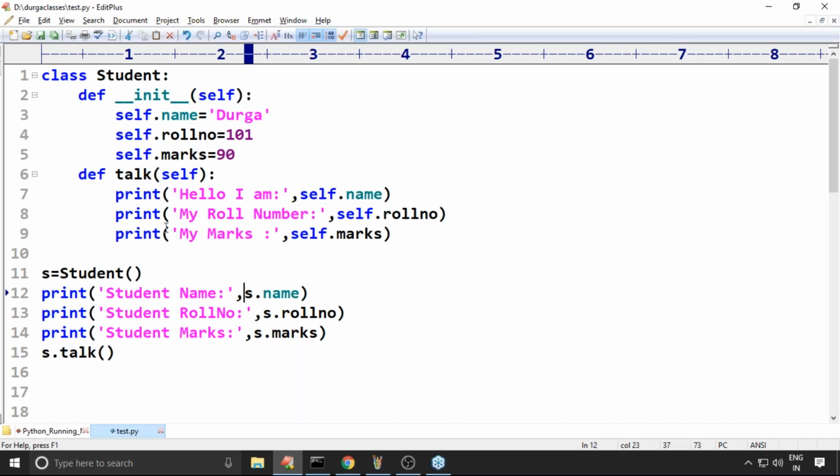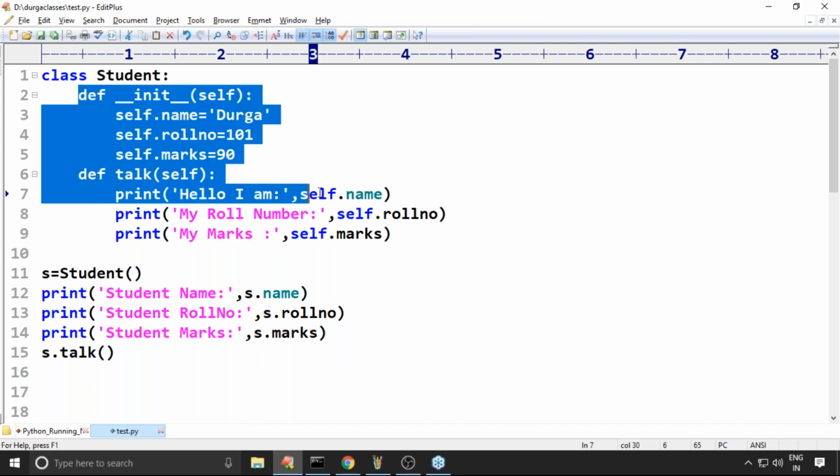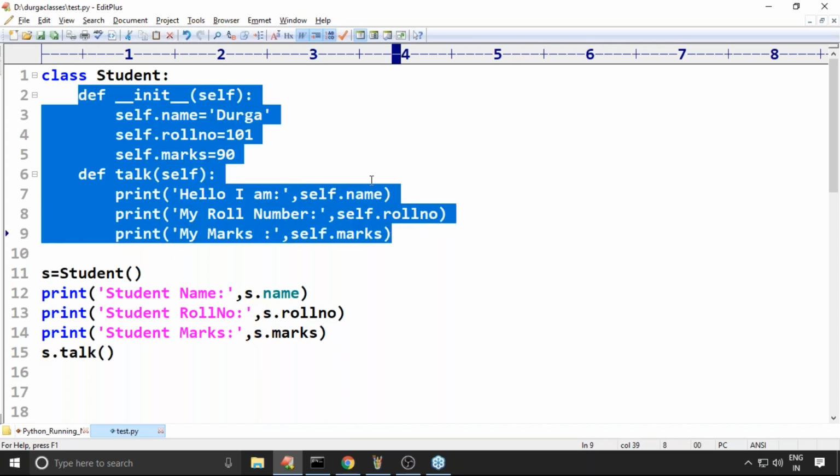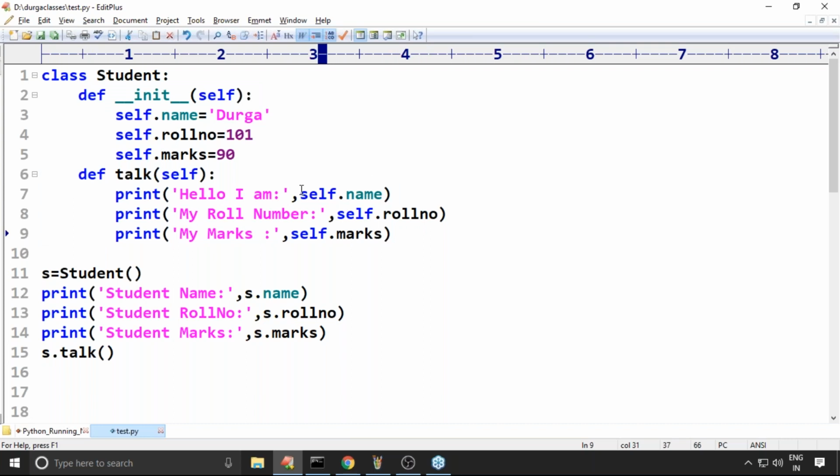Okay, now here take a bit special care. Student name, yes, a dot name. Where I'm trying to print the name of the variable: outside of the class or within the class? Outside of the class. If you want to access a variable, then we use the reference variable. But within the class, how can you access variables, sir? By using self. Remember this one. Of course, in detail we will discuss.